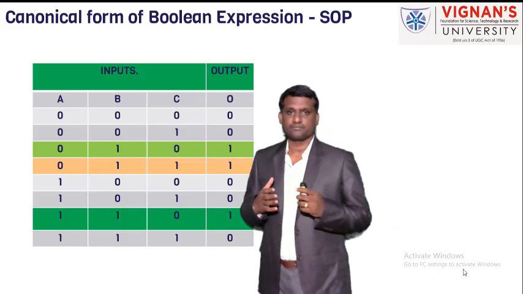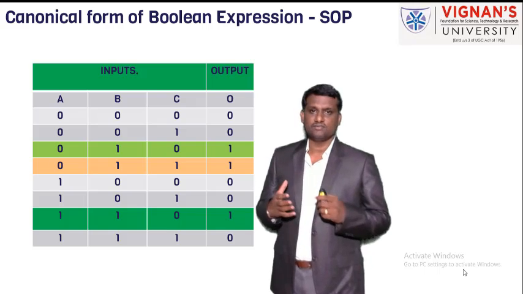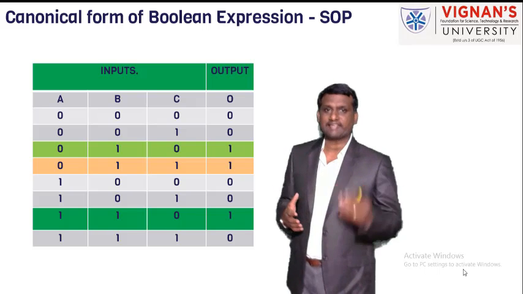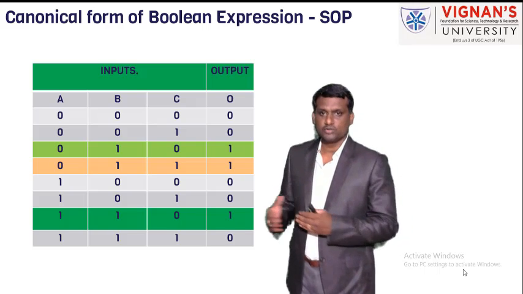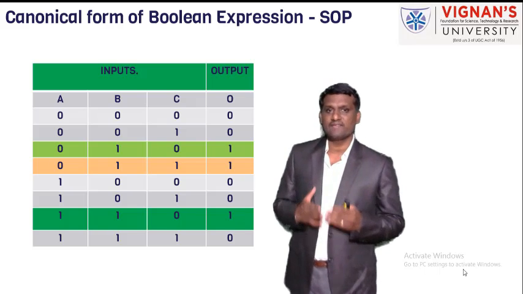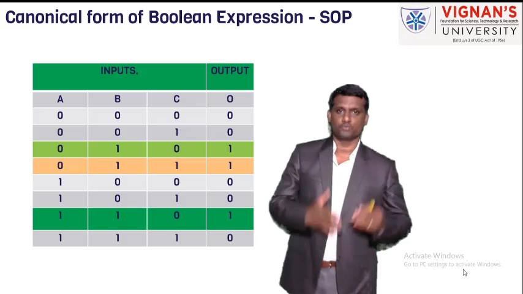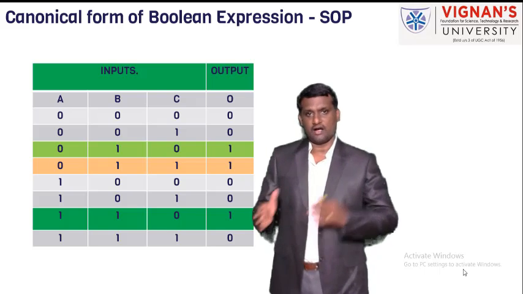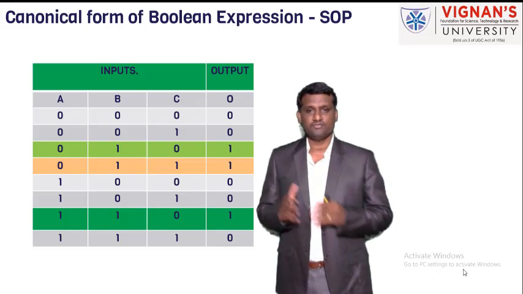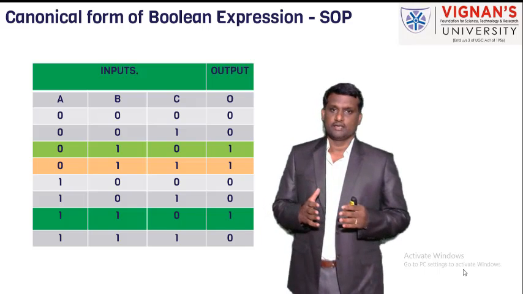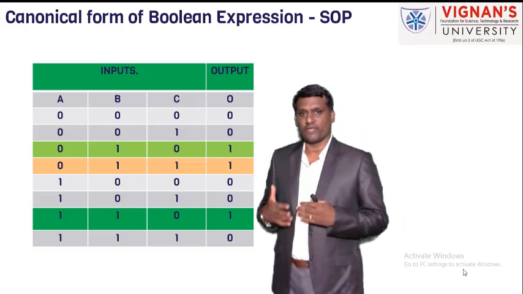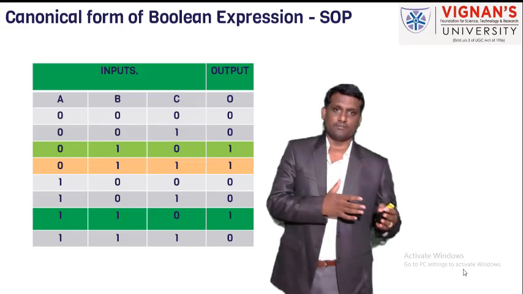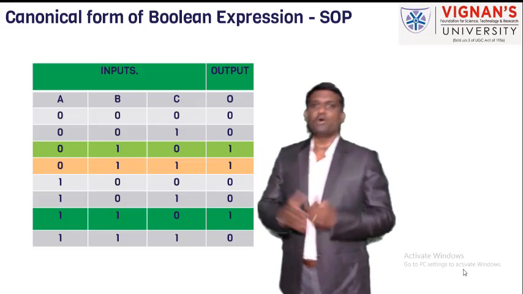Depending on the considered function, the output expected from those three variable combinations is given as one more column, that is the output column. That is why a truth table consists of input and output. Input is a combination of the variables. Output is the outcome with that combination. So this is the model truth table.